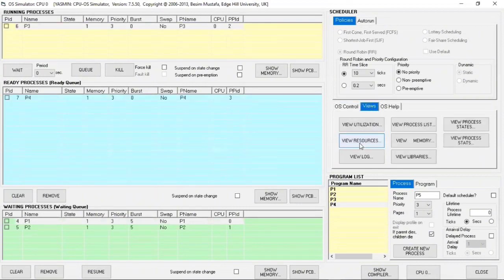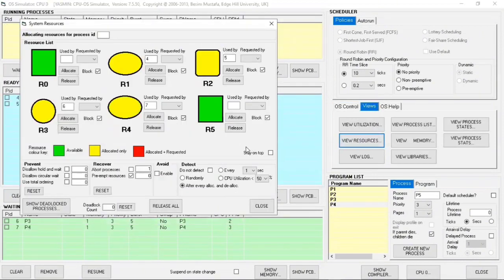and go to Views. The warning sign is also displayed again.